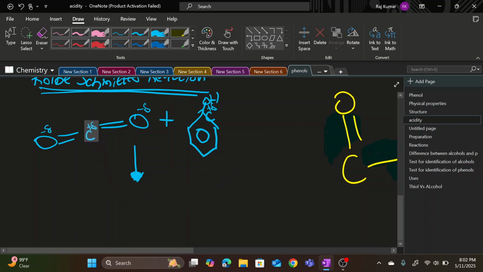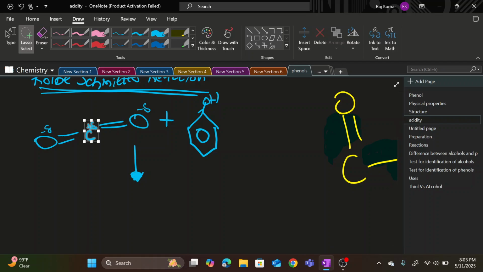So when it attacks the phenol, what it will actually make is